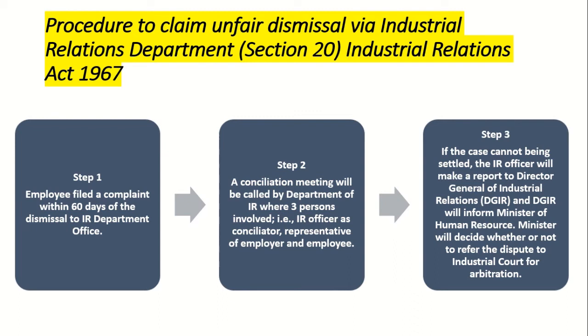Okay, efek dia kalau kes dah dibawa ke court, keputusan yang dikeluarkan oleh court dah tak boleh dicabar. Maksudnya majikan ataupun employee yang bergaduh ni tadi ni untuk claim unfair dismissal ni, so kalau dia dah bawa ke industrial court, means that keputusan tu keputusan yang muktamad. Memang dah tak boleh nak buat apa dah, kena ikut sahaja apa sahaja award yang dikeluarkan oleh industrial court.